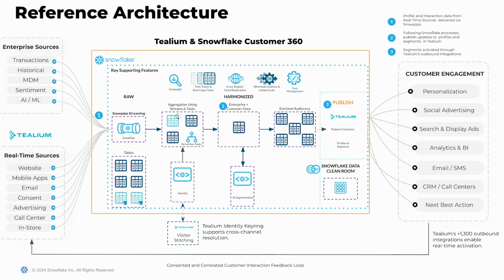You'll also see that connection get set up here in the demo, but that's intended to take data out of Snowflake and put it back into Tealium, creating that feedback loop between the two systems. And primarily we're going to be interested in profile and segmentation data delivered back into Tealium,